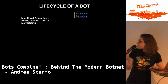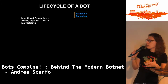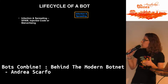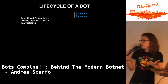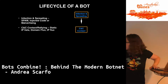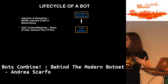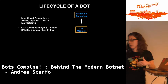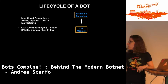So the life cycle of a bot, basically what we see, is the first step is the infection and spreading. You need to get your bot out there to infect the systems. Spam is one of the largest ones, or if you compromise a website with injected code, and also through malvertising. Once the system is infected, the bot is going to try to make contact with the command and control server. It used to do this through a list of static IPs in the binary, but now that's easy to find if you sandbox the